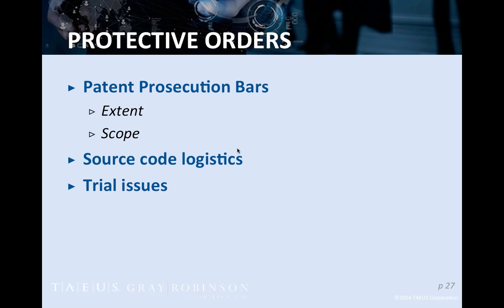Concerning the patent prosecution bar, these have become relatively common in source code protective orders, because at the end of the day, one party is making its crown jewels available to another party, likely a hostile adversary, and they have a concern that they don't want that other party's experts to come in, look through the crown jewels, and then go and work for another competitor in the field and file a whole bunch of patent applications based upon the knowledge that they obtained by thumbing through all this crown jewel information.